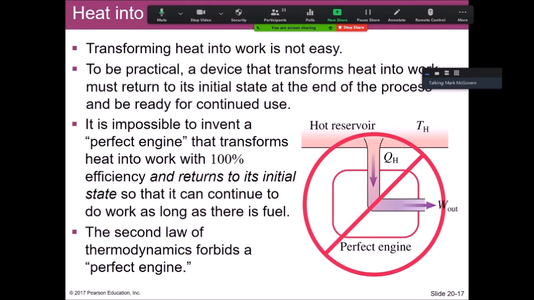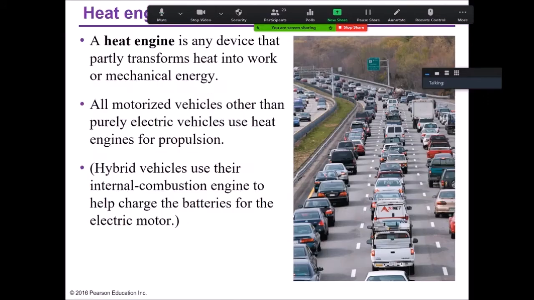And in any process where you take energy from a hot reservoir and you want to perform work, you have to discard something. We're not going to get into it today, but in the lecture on Monday, we're going to look at the most efficient way you can do it. Because the reality is you can't do it. It violates the second law of thermodynamics. So the next question you might ask is, what's the best that I can do? And the best that you can do is what's known as a Carnot engine. But that's Monday. So let's keep going.